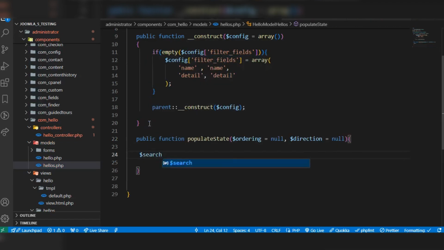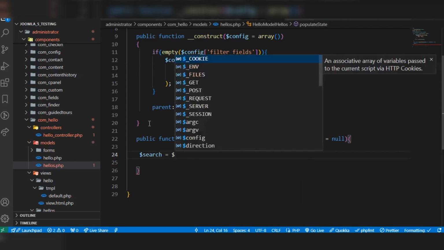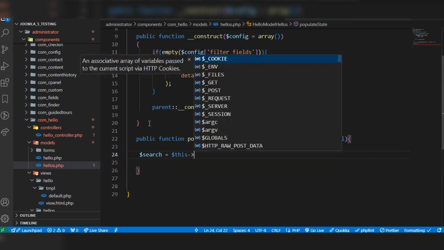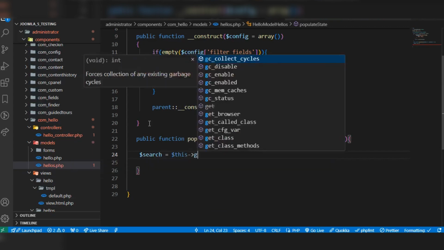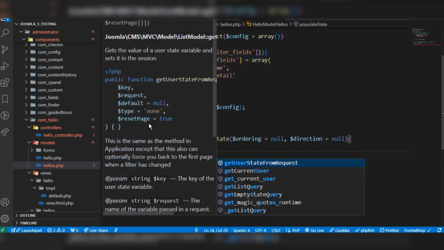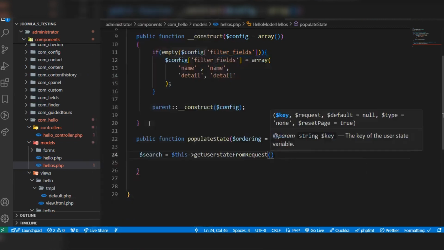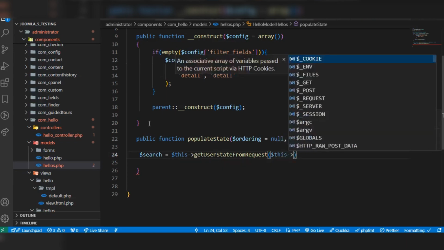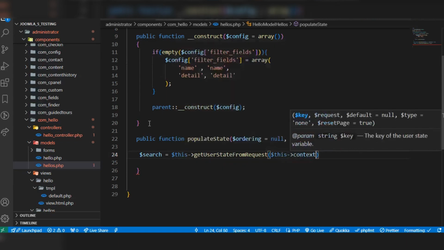Such as we are writing to ordering and such functions. This dot get user state from request. This dot context